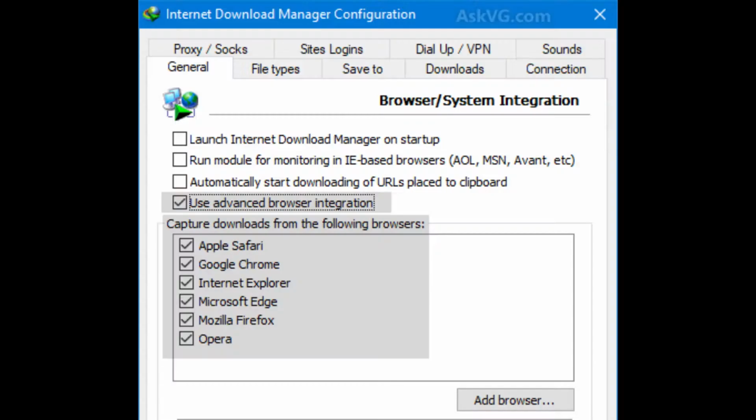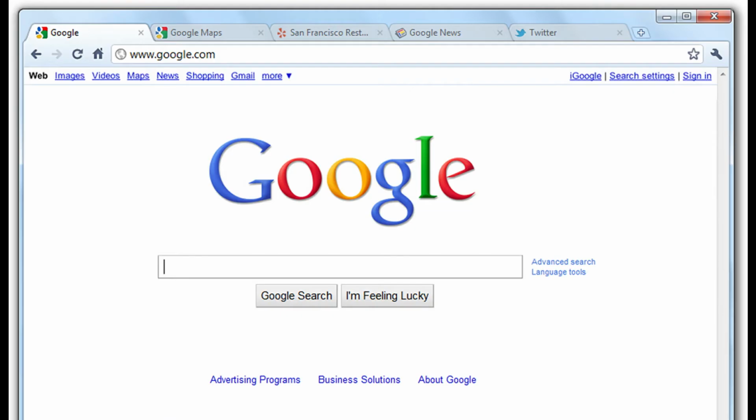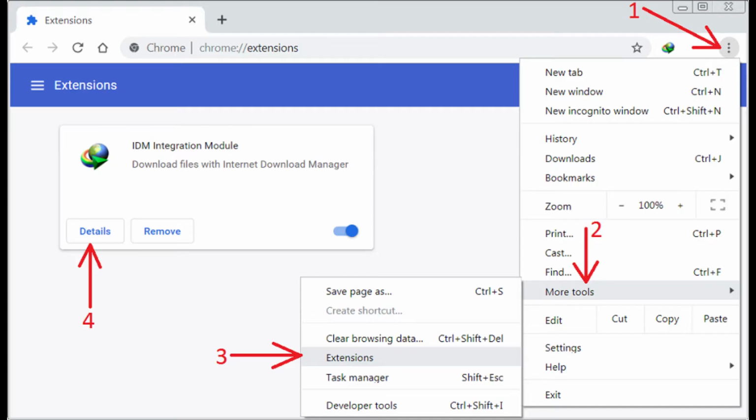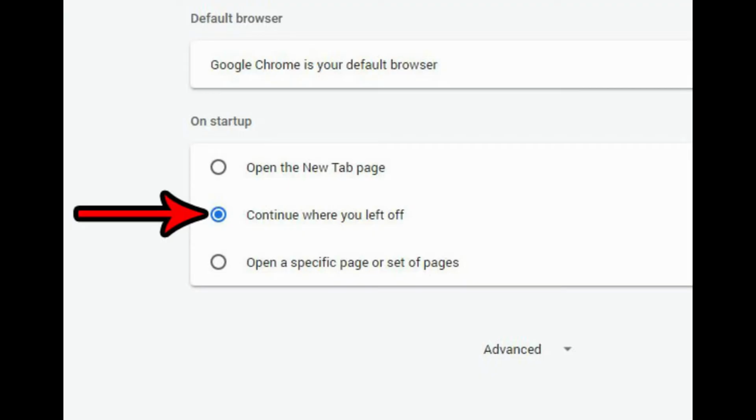Method 2. Using third-party app integration. This process is very easy. You just have to download and install the integration on your browser and you will be all set for the browser continue feature. Follow the steps below. Launch Chrome browser on your PC. Open a new tab. Now click on the 3 buttons on the top right side of the page. Click on More Tools and select the Extensions option. Search for Continue where you left off. Click on the Add to Chrome button. It will set it up for you.